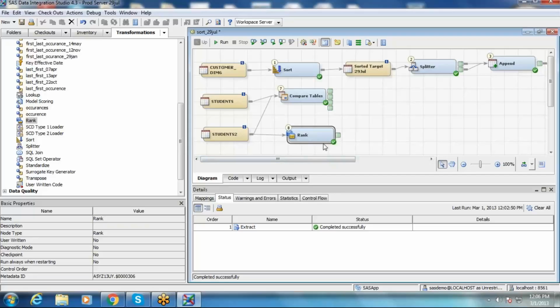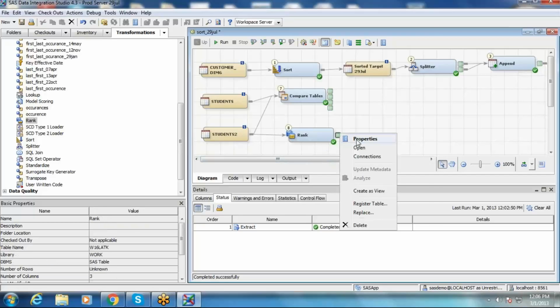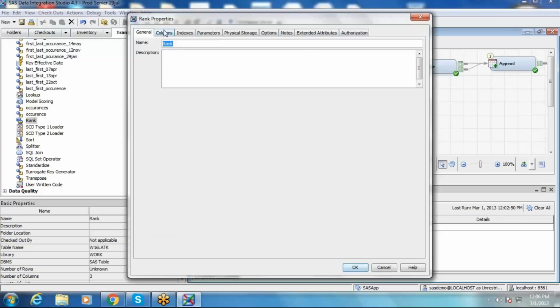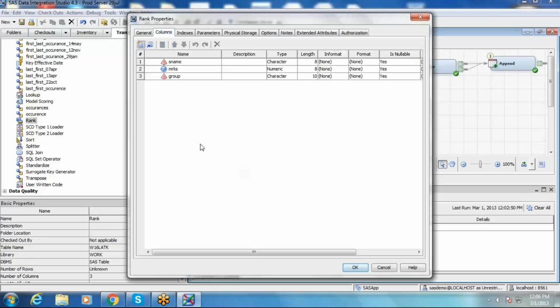So in the target table, go to the properties of target columns, right click, go ahead and create a new column called ranking. Rank is obviously numeric in nature, so I'll just mention it as numeric.